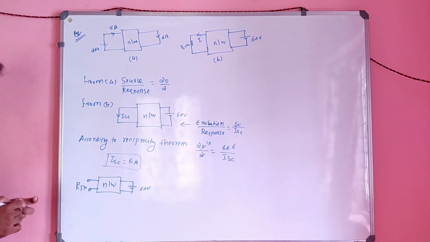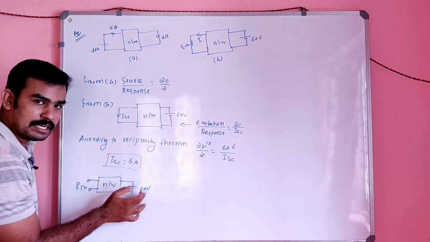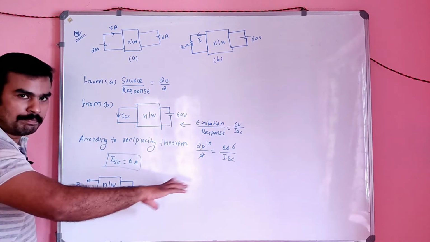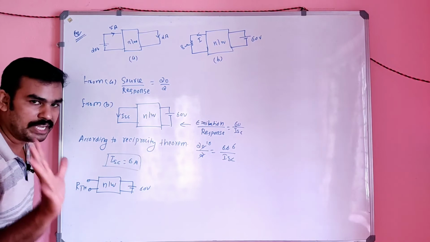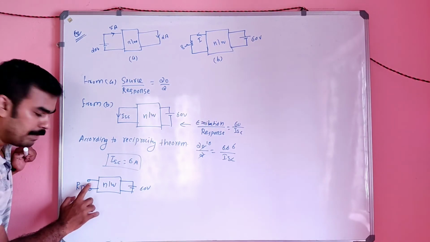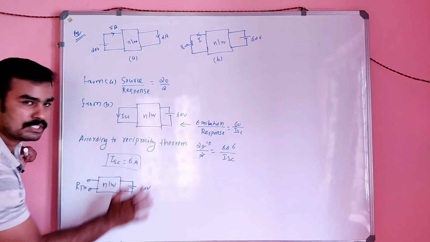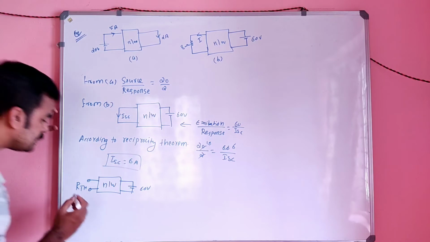You will get the idea only after solving the full problem. If I open this and apply the same voltage here, 60 volt, then this R Thevenin is there, and that R Thevenin is nothing but